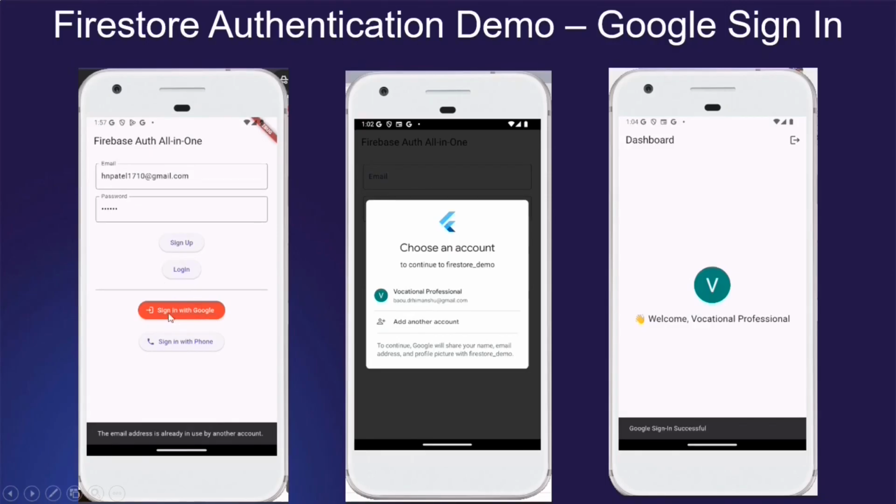So when I click on this sign in with Google, it will display a dialog box to select already logged in accounts, and you can add another account also by clicking on this add another account. So I have already signed in on the emulator with these accounts. So I have selected that and it displays a welcome message, but here you can see this is my Gmail account